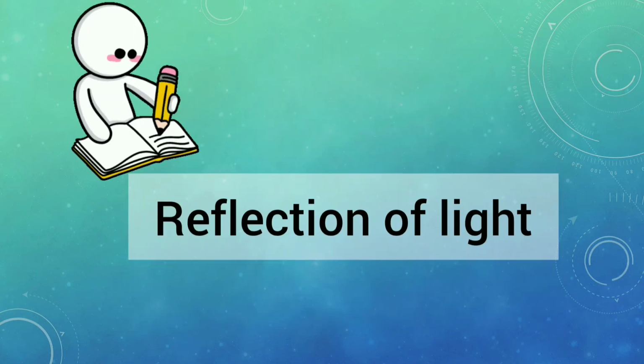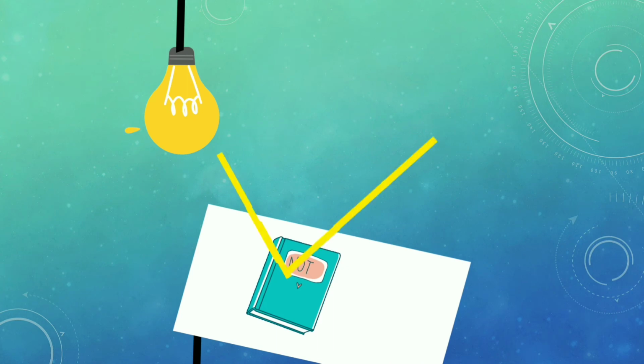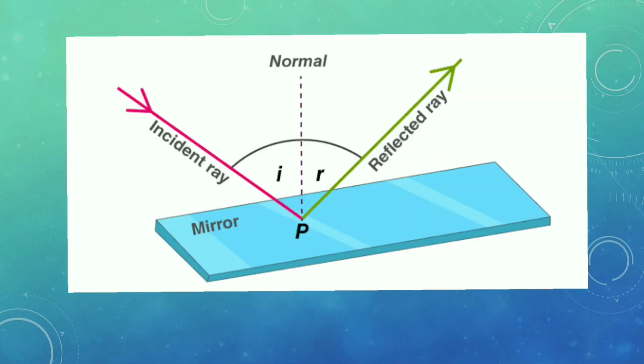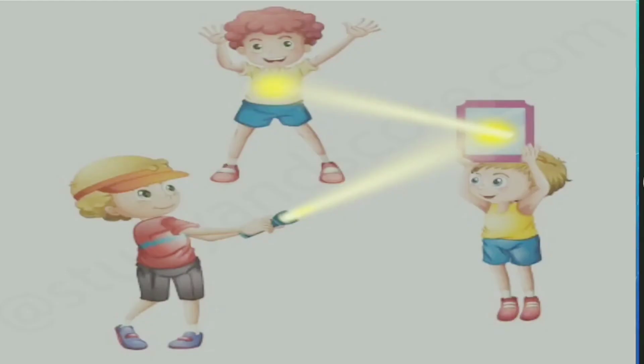Got it? Students, in class 7th, you have learnt about reflection of light. You know that when light falls on the surface of an object, the object sends this light back. The process of sending back light rays which fall on the surface of an object is called reflection of light. The reflection of light is studied by using a plane mirror. A plane mirror reflects almost all light which falls on it. This means that a plane mirror changes the direction of light which falls on it.